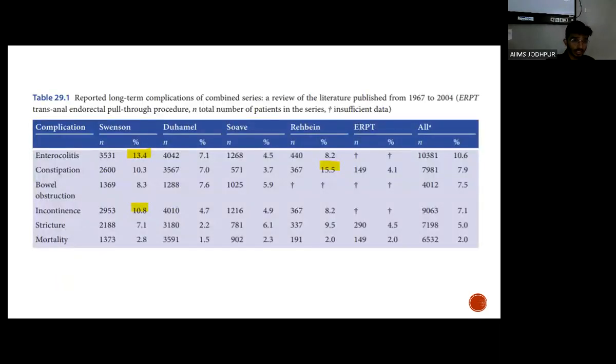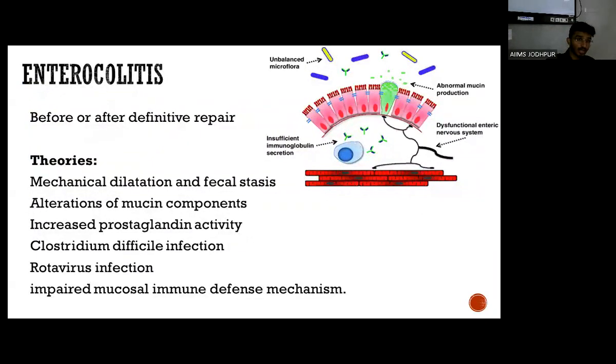In this study, various complications associated with the types of procedures were compared, and we can see Swenson's procedure is associated with more episodes of enterocolitis and incontinence issues, and constipation was a common complication after Duhamel pull-through repair. Coming to enterocolitis,